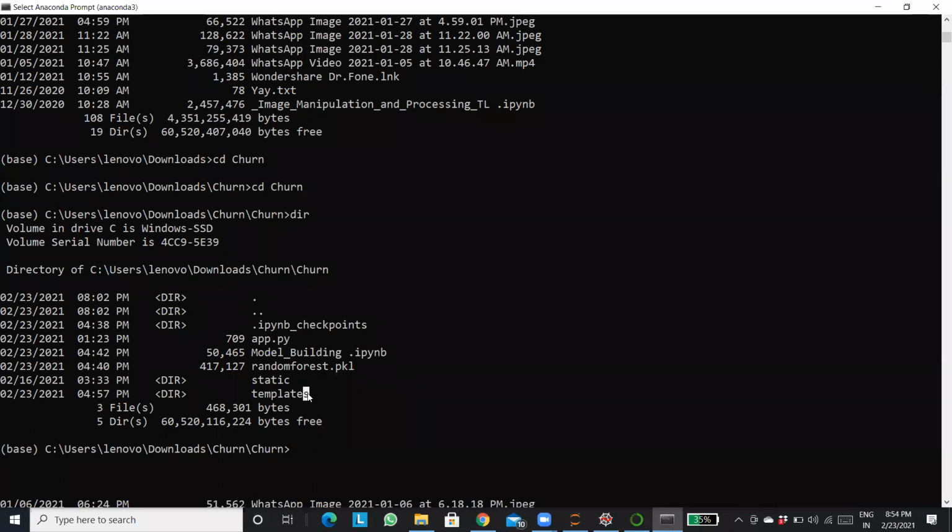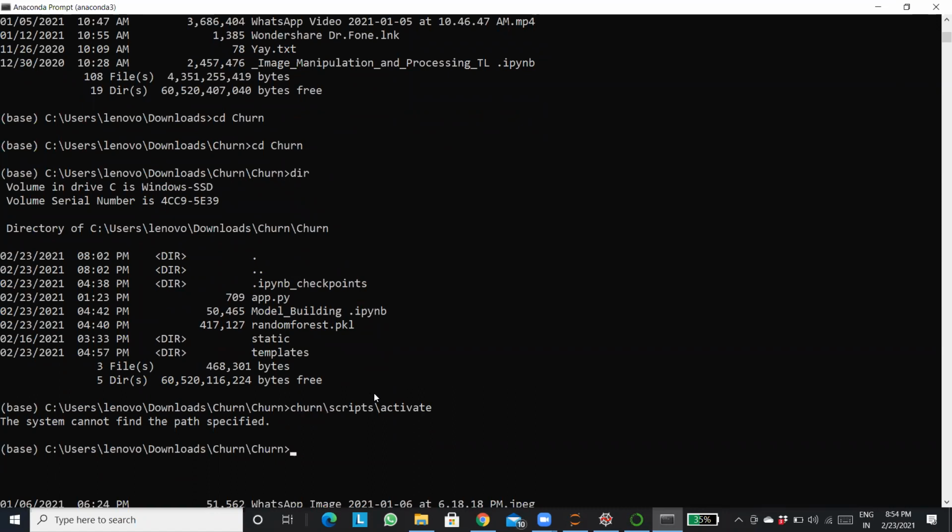Now here I'll have to activate my virtual environment. For that, there is a command: your environment name, then scripts, then activate. The path cannot find.